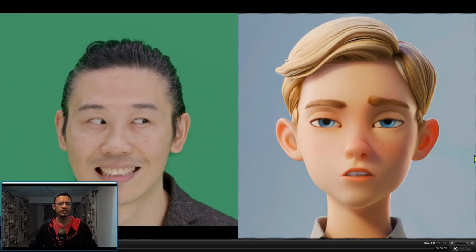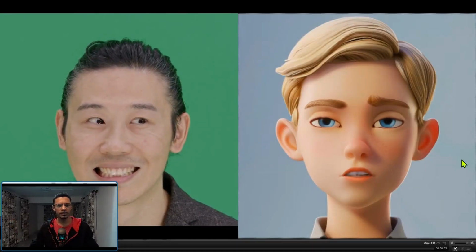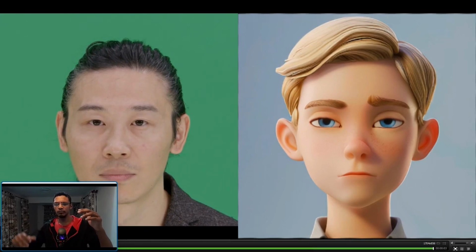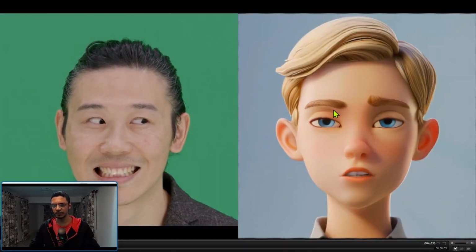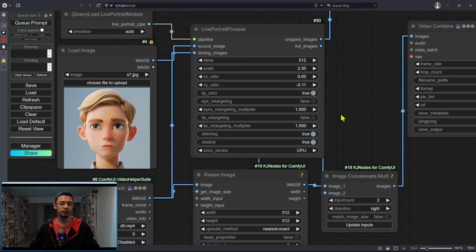Now, I've also done one where I've unchecked, or basically turned lip 0 false. I've turned eye retargeting true and then lip retargeting true. And this is the result. It's basically the eye retargeting plus the lip retargeting together. So we can see the movement from the eye retargeting and then the movement from the lip retargeting there. Now, in my opinion, I think the default works really well. But if you are not having good results, you can try to play around with